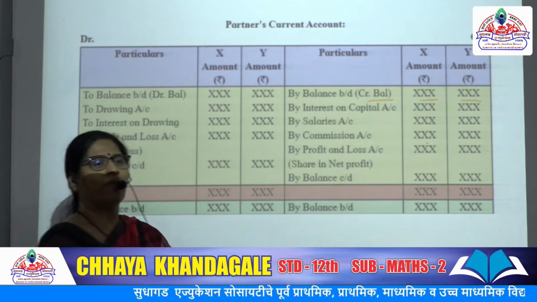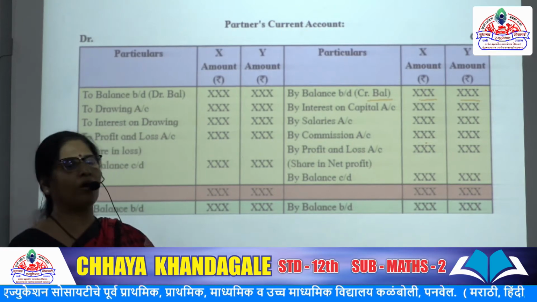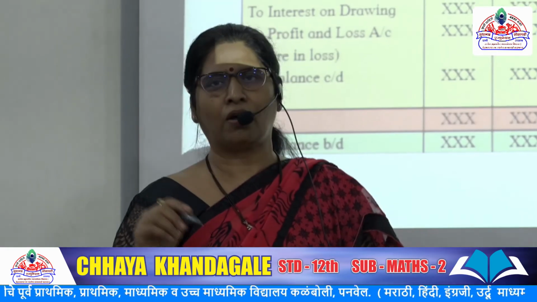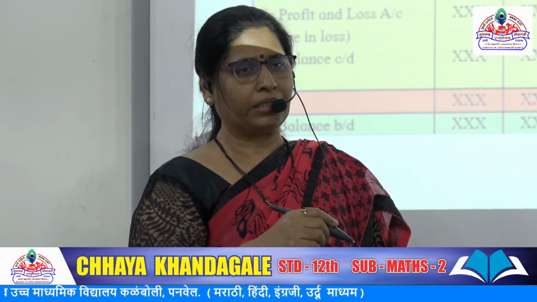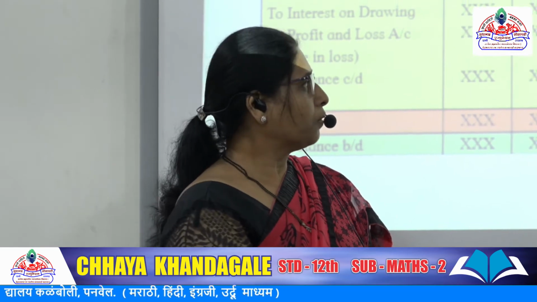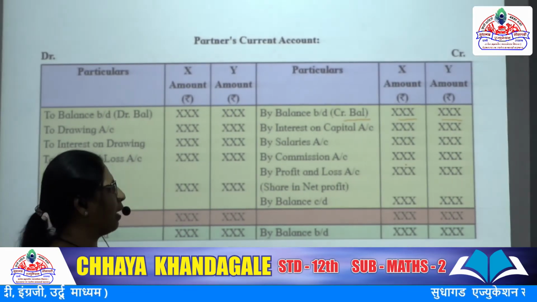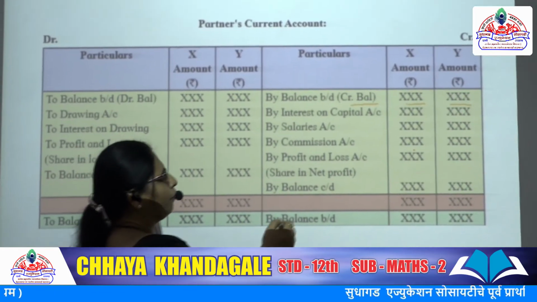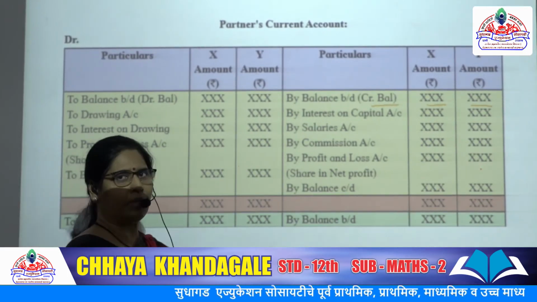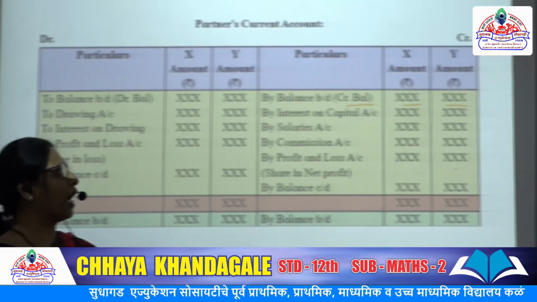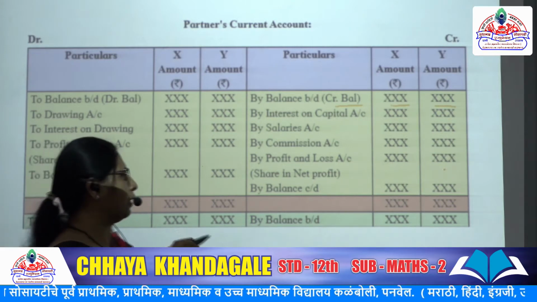Then when you are going to prepare final accounts, what you are going to prepare? Trading account, profit and loss account, partners' capital account, and a new balance sheet on that particular date. So when you come to the conclusion, after gross profit you will come to the net profit, then net profit will be divided in the said ratio, whatever ratio it be. If nothing is mentioned, then they are going to be equal partners.